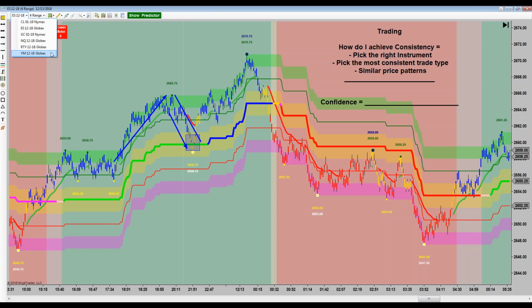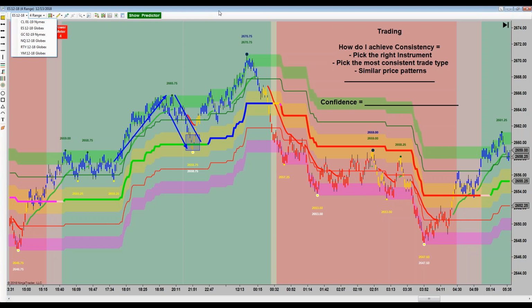So that would be in order of my suggestion for everybody who's looking to trade futures. Start with ES, learn some very simple trades on ES. Try to get consistent with ES, and then if for some reason it's slow and you want to look at something else, pull crude up. But the trading methodology itself is the same.